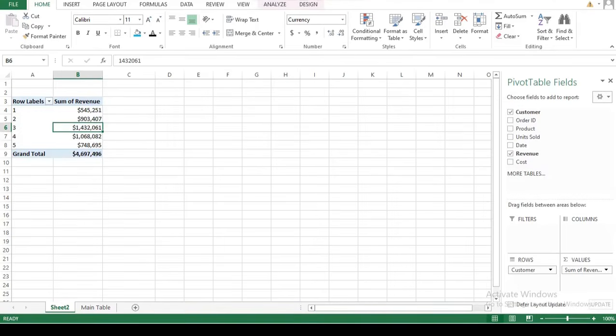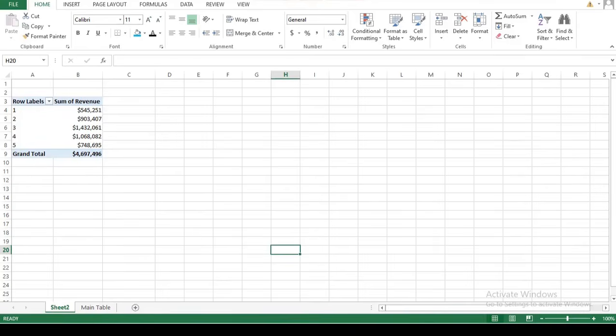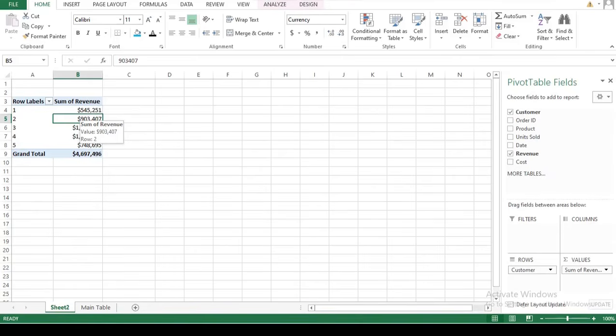Sorting in a pivot table is the process of arranging your data in a specific order, either in ascending or descending format. For example, you can sort customers based on the total revenue, from highest to lowest, or alphabetically from A to Z. The advantage of sorting is that it helps you quickly identify top-performing categories, high or low values, or patterns in your data. It makes large datasets easier to analyze and ensures that important insights stand out clearly without needing to manually search